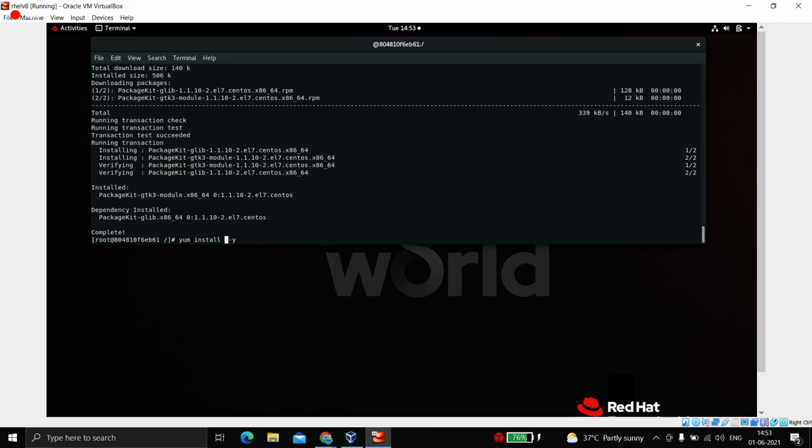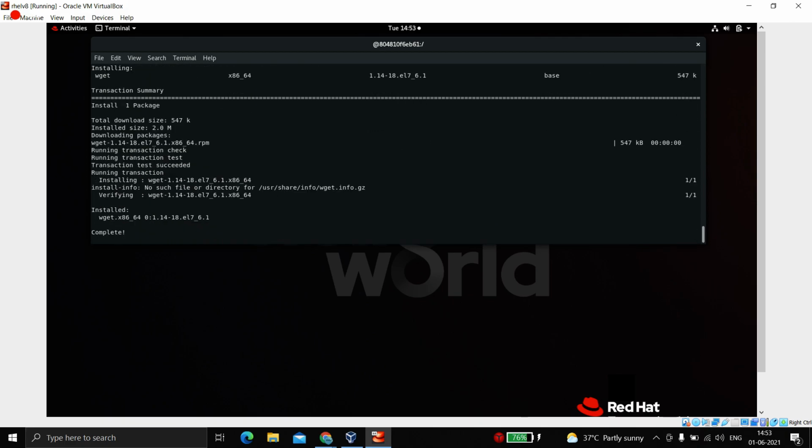Now wget is a command line tool to download applications or packages over the internet with the help of a URL. So we'll download Anaconda using its download link. So we'll use wget https. Let me check the URL, anaconda.com/archive.